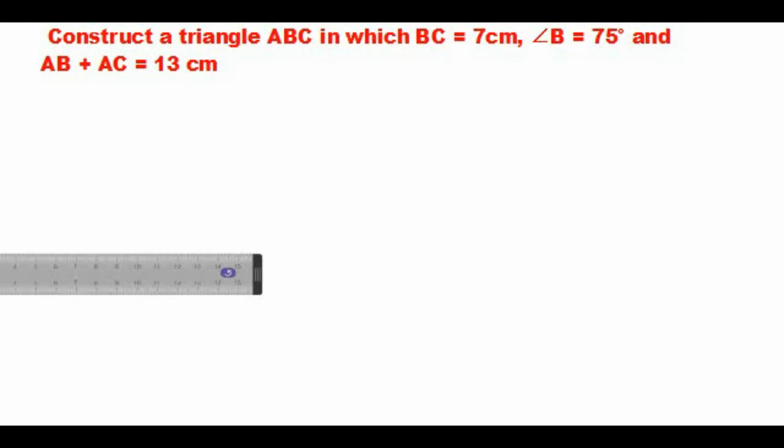Construct a triangle ABC in which BC is 7 cm, angle B is 75 degrees, and the sum of sides AB plus AC is 13 cm. Okay, so first of all we have to take a ruler. Before doing the real construction we must draw a rough sketch. That rough sketch will show you how to use the steps. Let us suppose one